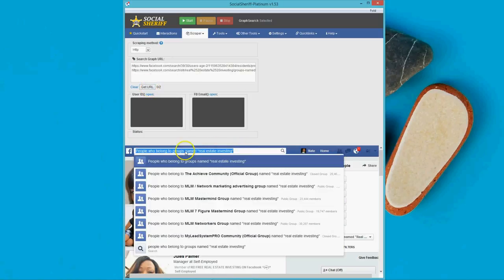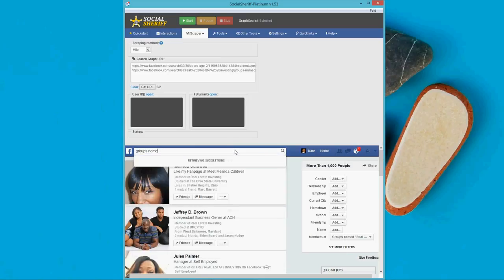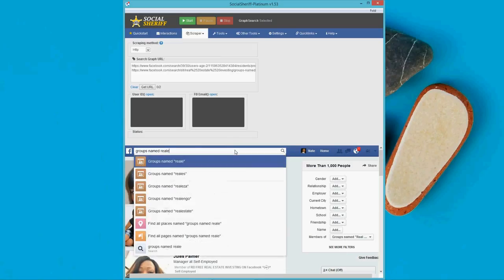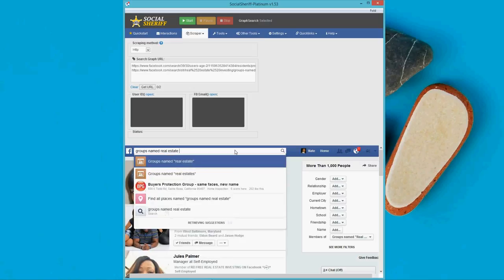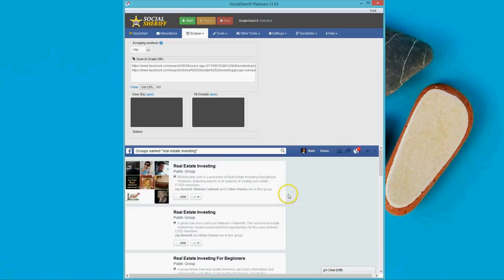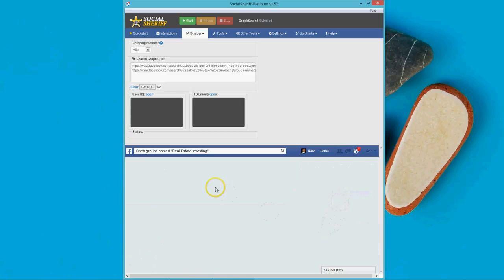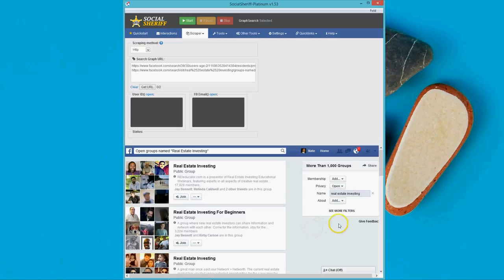And now let's say we want to find groups named real estate investing. Okay, so we can find groups named real estate investing, and we're going to find the open groups, and we filter by that, or you can find all groups, it doesn't matter. So we'll add that to our search,